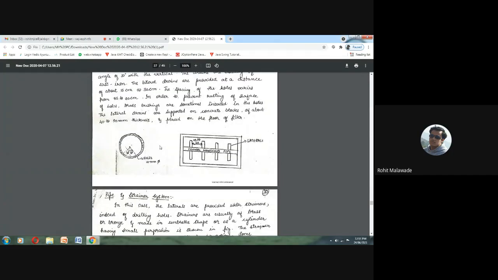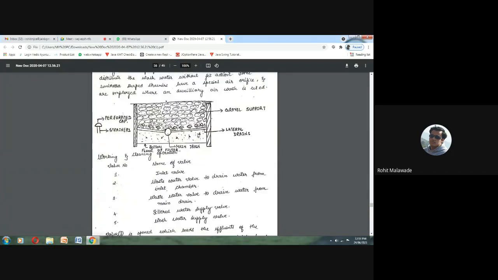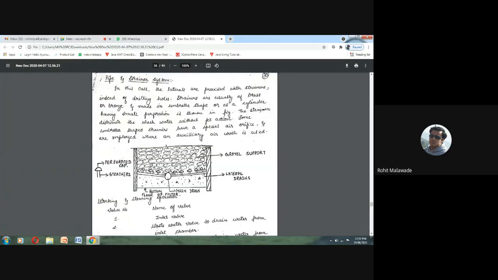So this is how your under drainage system is. So 15 to 20 centimeter, these are the lateral drains. 15 to 20 centimeter difference will be there in between the two laterals. And then the slope is going to be maintained. The water is going to be percolated and collected in the laterals, and from the laterals, the slope is maintained. You are going to get the clearer water out. So this is how you are going to get your rapid sand filter working. Okay, now this is your sectional view.